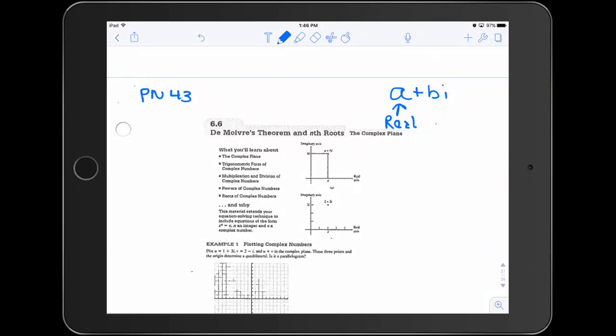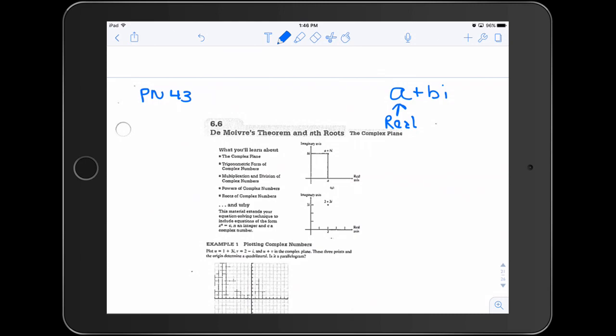Okay, welcome ladies and gents to your PN43 notes, which is all about de Moivre's theorem and the nth roots. Now, by the way, de Moivre is French, so that R is very soft at the end. It's very hard to say, so if I keep slurring it, it's because I'm trying to sound very French. Anyway,